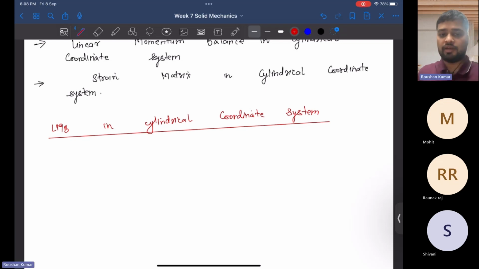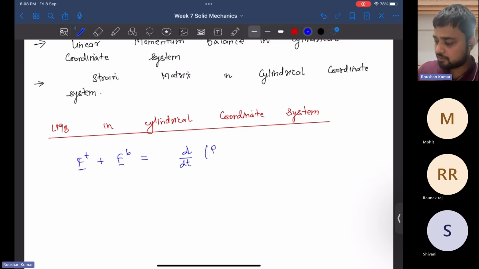Linear momentum balance is based on Newton's second law, which states that the sum of total force due to traction plus the sum of total force due to body force is equal to the rate of change of linear momentum of the body, that is d by dt of P. So this is the total LMB equation. The final expression that we got for the total traction force is given by this equation,